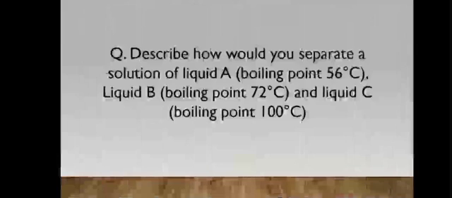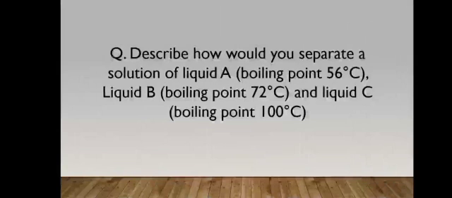Basically, a mixture of solution is given, and they are telling us that this mixture contains three types of liquids. So students, for that purpose, first of all, I want to tell you about the method of